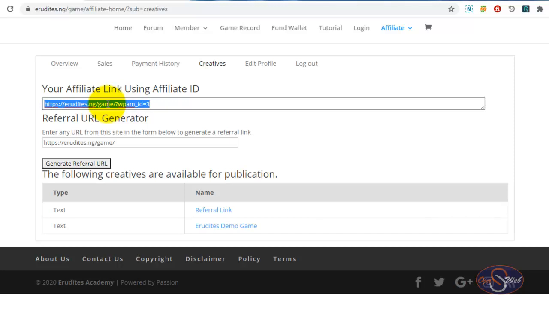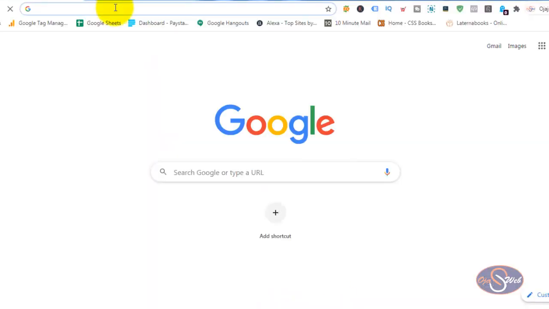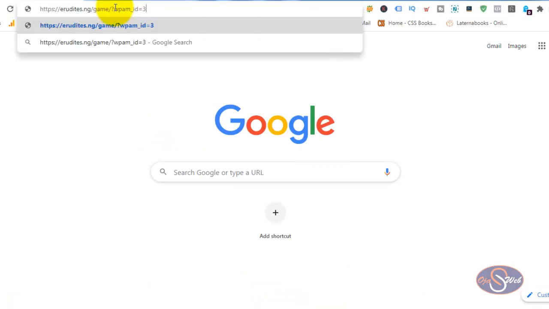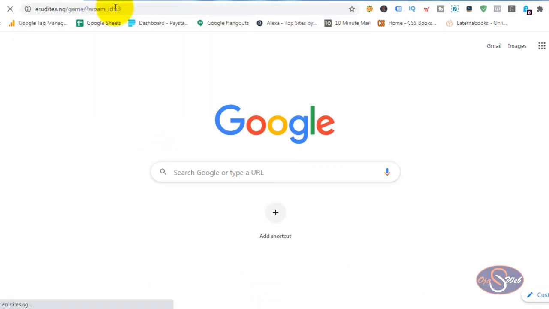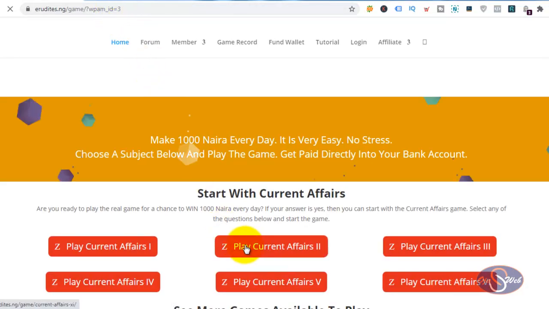So let me just go ahead and show you what will happen if I copy this particular link. So I copy this, then I want to go ahead and open one of my browser. Now I will paste the link here and I want to click on go. So I want to go now, and I want to go back to the page and I want to refresh